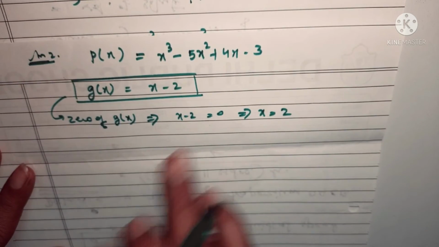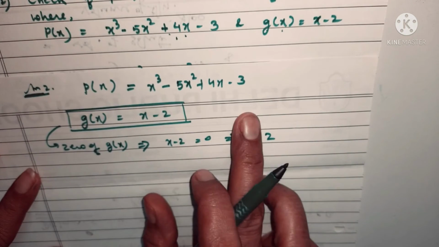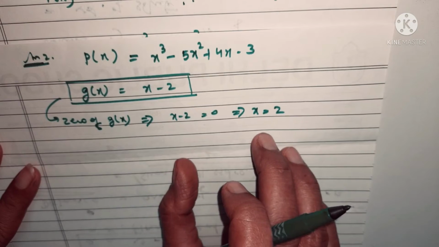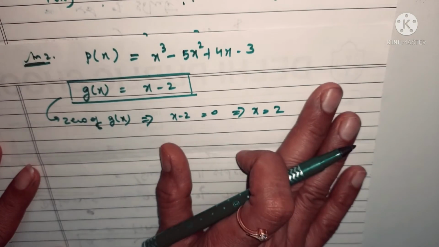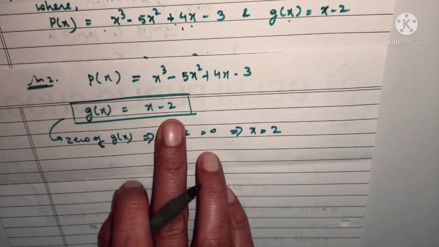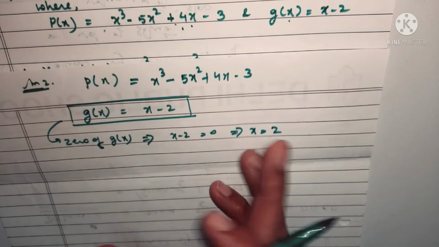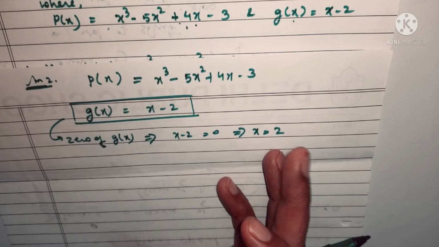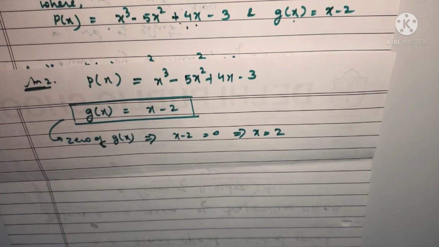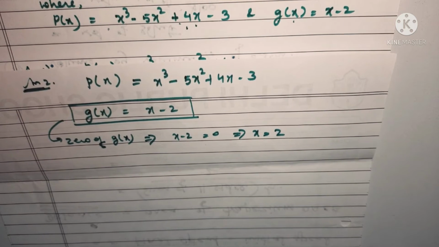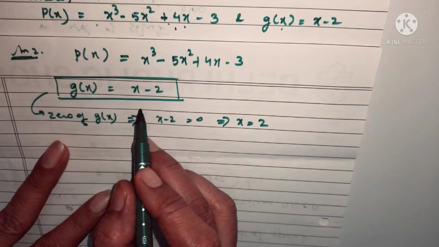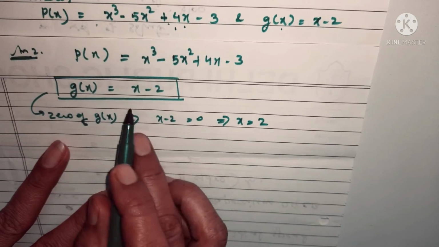ठीक है, why I am writing it again, I can write here directly p2, isn't it, but I am not writing it so that it will be clear in your mind. Those students who are not, many times I see that many students, they don't understand what is remainder theorem, how to find, how to do. So they feel very upset that they are not able to do, and the other peer friends, they are able to do it. So don't worry about it, you can do it. There is no such hard thing in this.